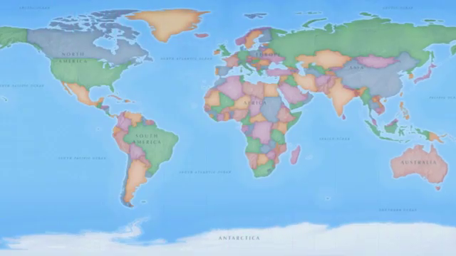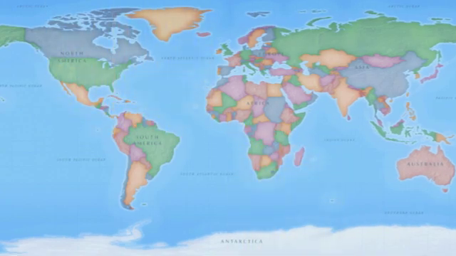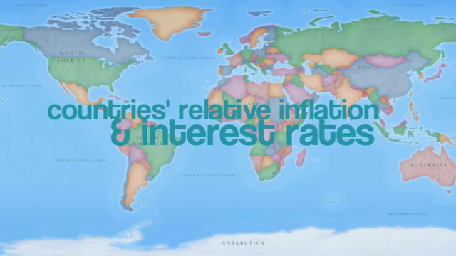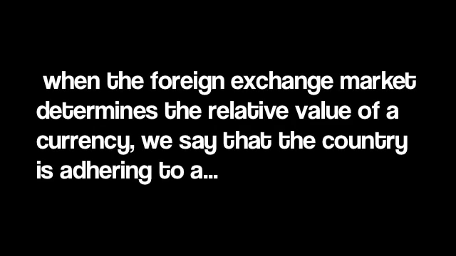The international monetary system is basically an institutional arrangement that governs exchange rates. The demand and supply of currency is influenced by their respective countries' relative inflation rates and interest rates. When the foreign exchange market determines the relative value of currency, we say that the country is adhering to a